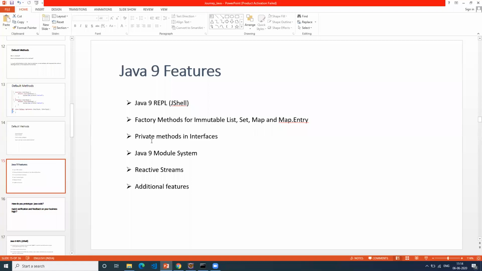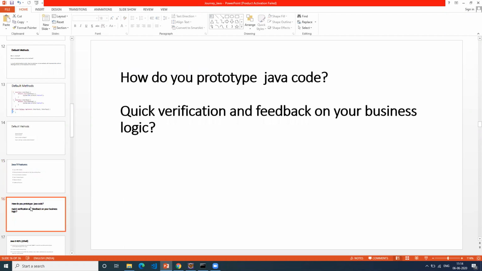Earlier we had only default methods, right? From Java 9 onwards, you can add private methods also. There's one very important concept in Java 9 called the module system. There are also some new stream methods added to the Stream interface, and a few more small features which got introduced in Java 9. Let me ask some questions before I start on this.